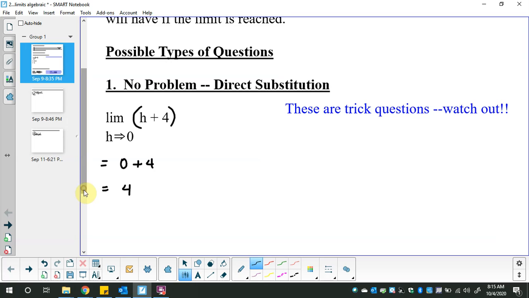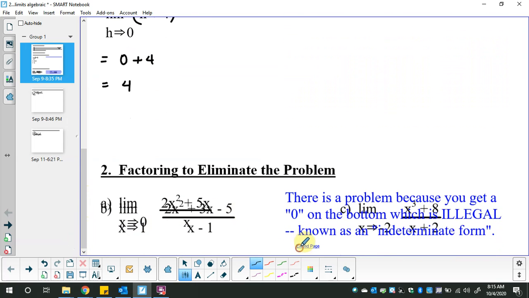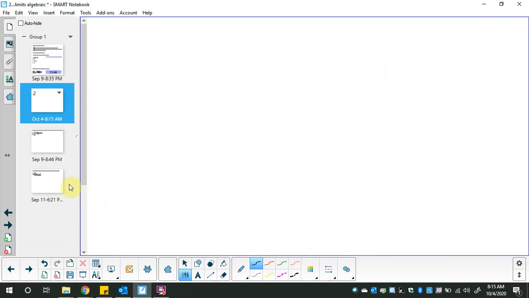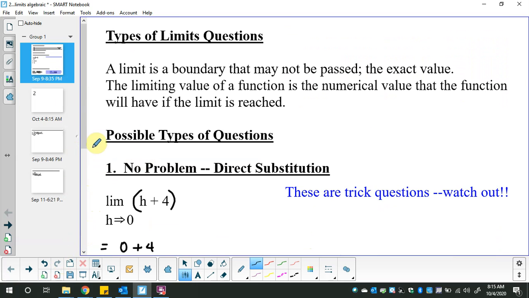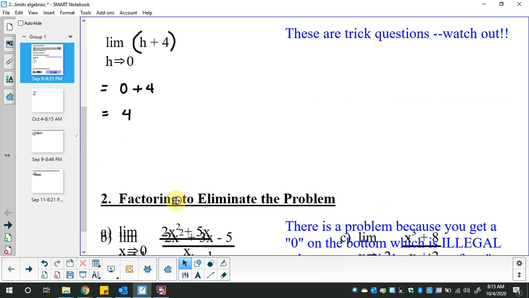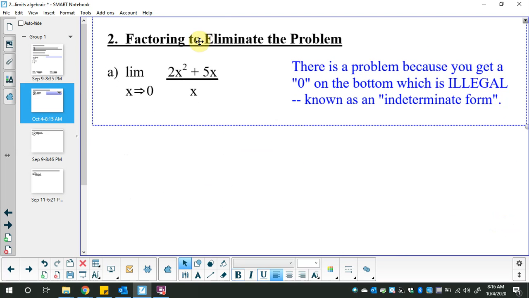So let's look at an air quotes problem. So I don't know how long these are going to take, as in how much space. So I am going to carve off a new page for type 2. And I'll take this stuff over and we'll worry about the other questions in a sec. So this is